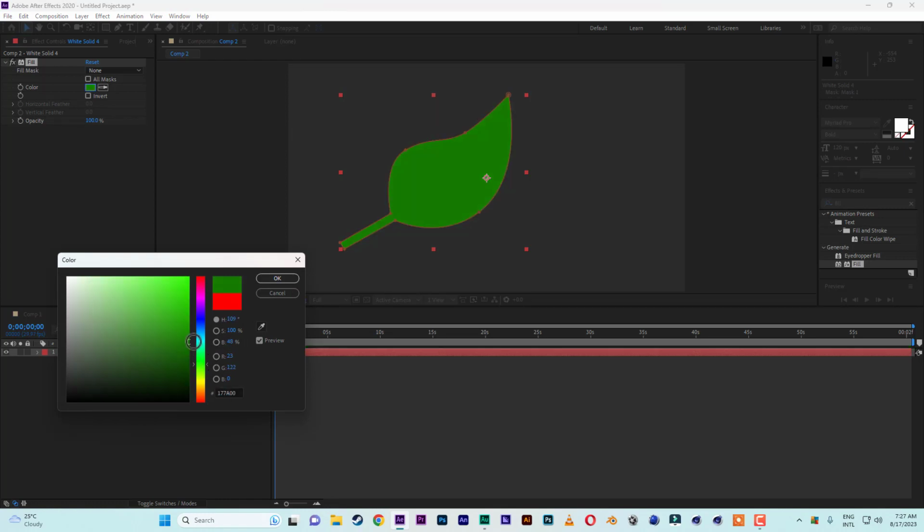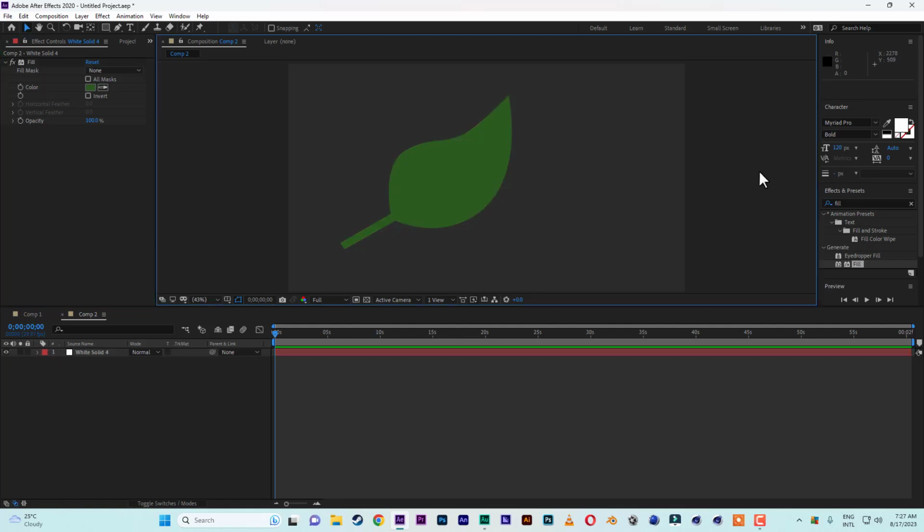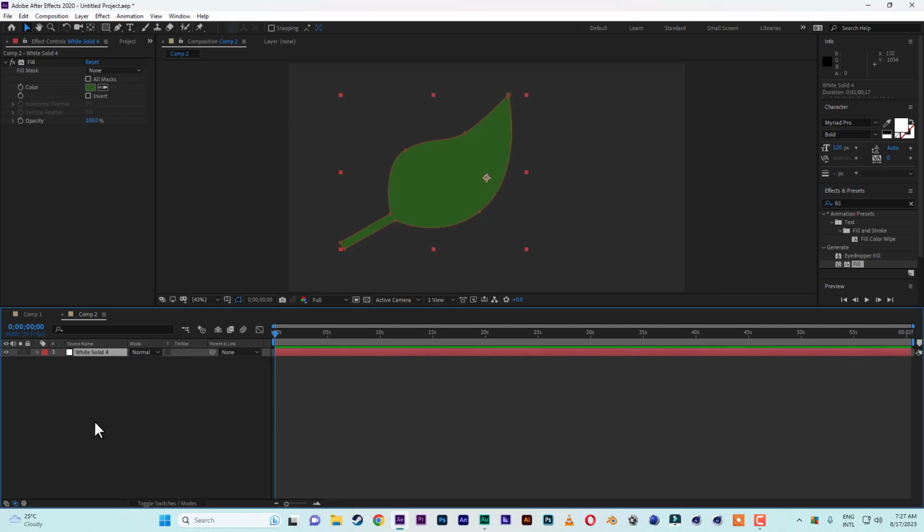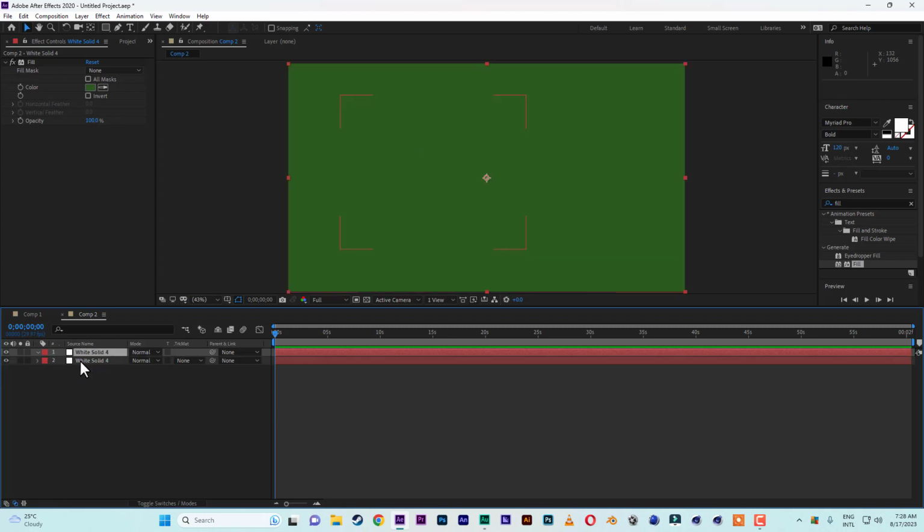Let's make it a bit darker. Okay. So you have our leaf here. To draw the veins of the leaf, you can create a new solid layer. Okay, or you can just click on this one, then duplicate it. Then hit M. M is for mask. Then the mask one will come. Then you delete this one. Then you have a fresh